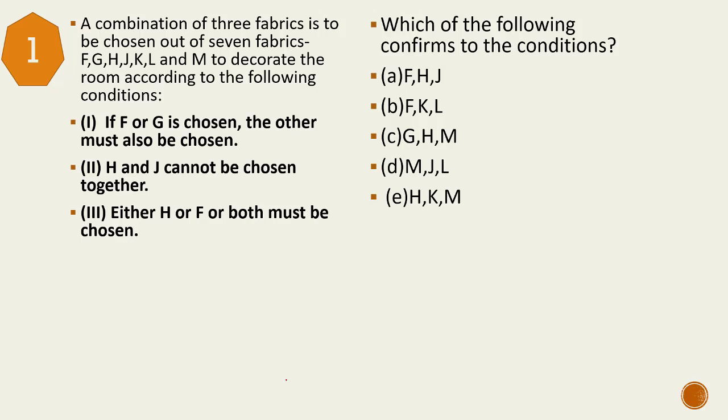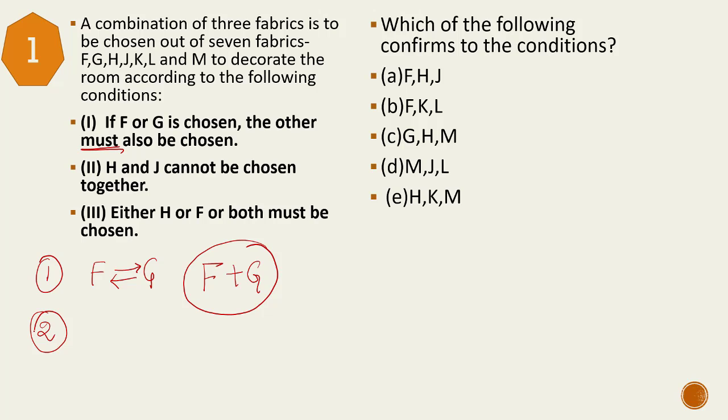If F or G is chosen, the other must also be chosen. So can I say F and G are always coming together? F and G are a bundle. Why? Because if I'm taking F, I have to take G, and if I'm taking G, I have to take F. Pay attention to the word must here. So my first condition is that F and G are essentially coming together. Second condition,